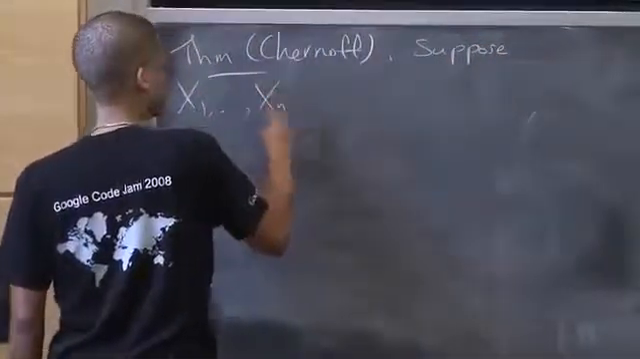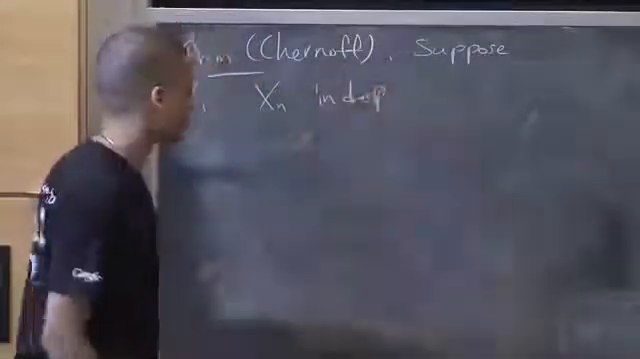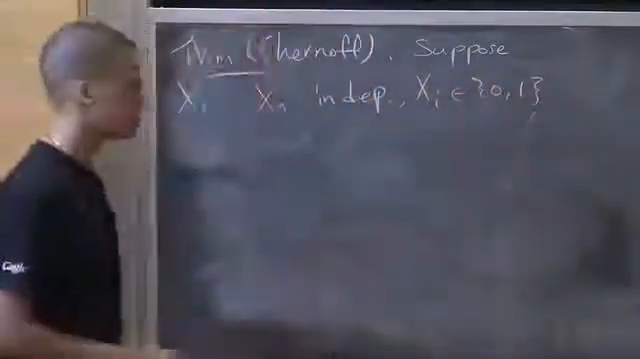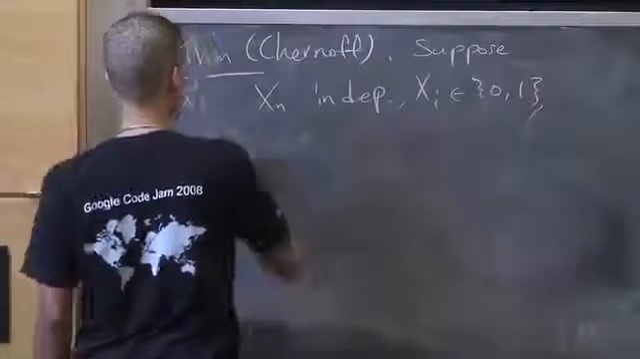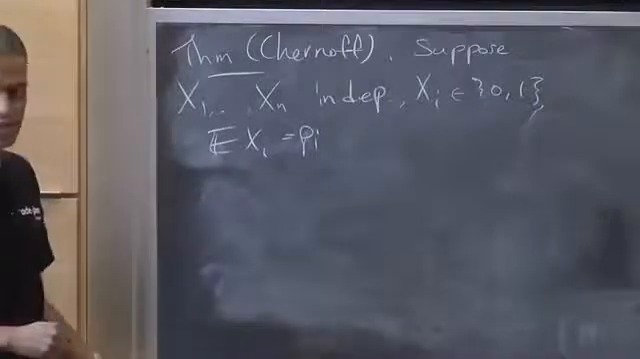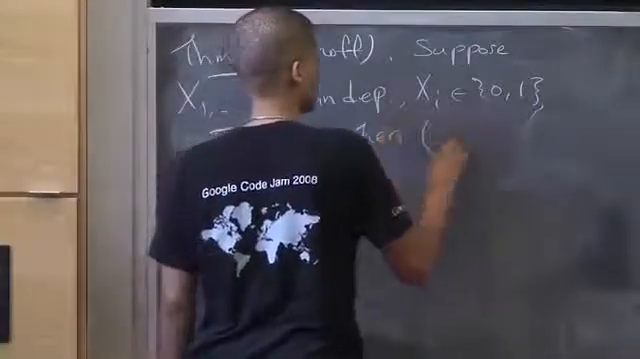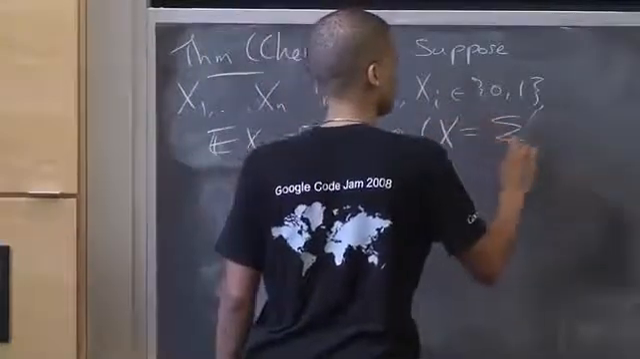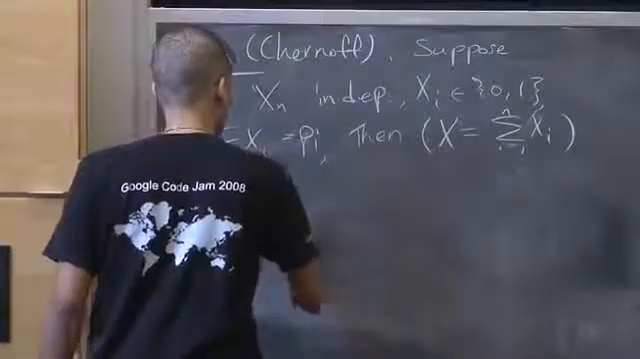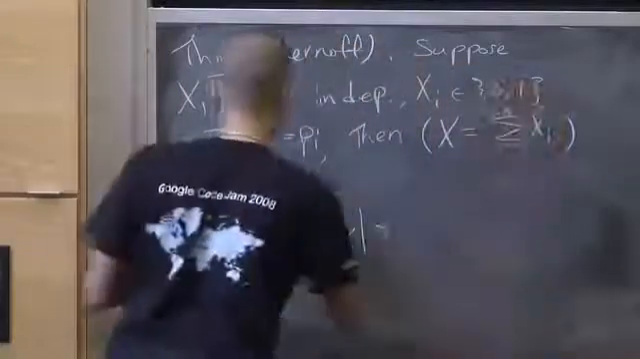x1, ..., xn are independent, where xi is either 0 or 1. These are independent random variables. And the expectation of xi is pi, meaning it's 1 with probability pi and 0 otherwise. Then, if we let x be the sum over all these i's of xi,